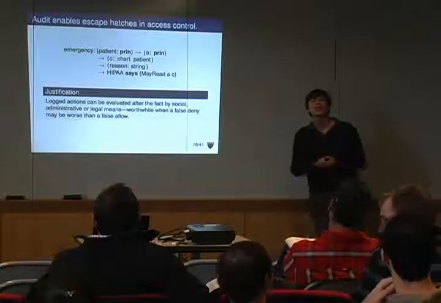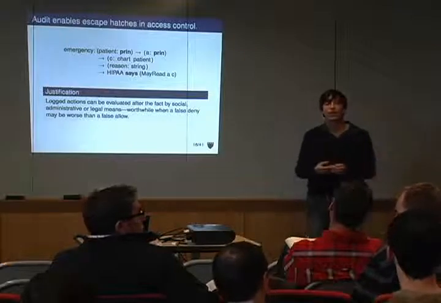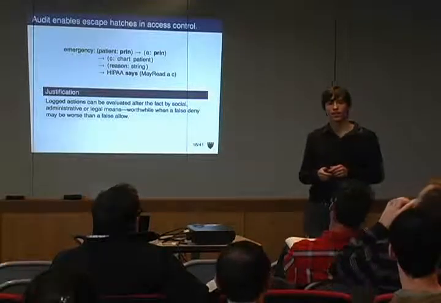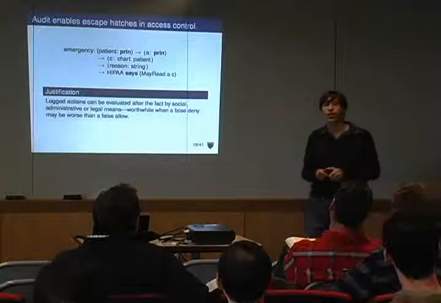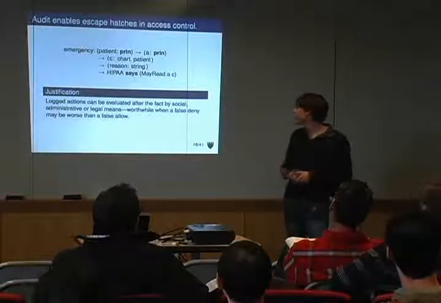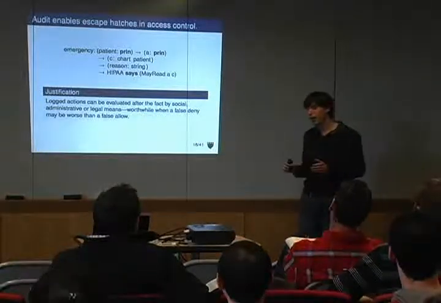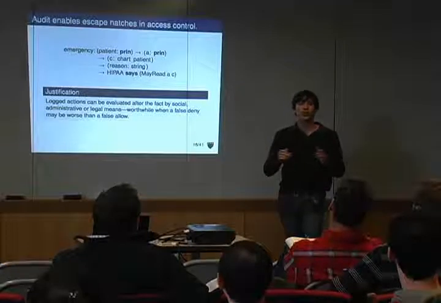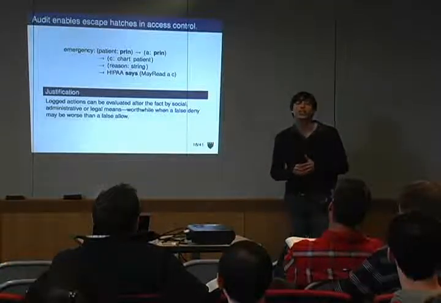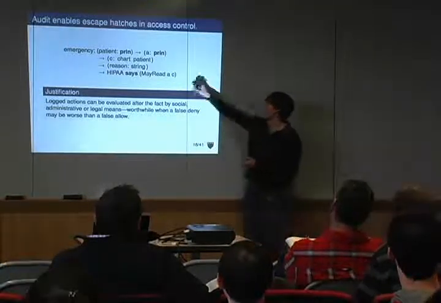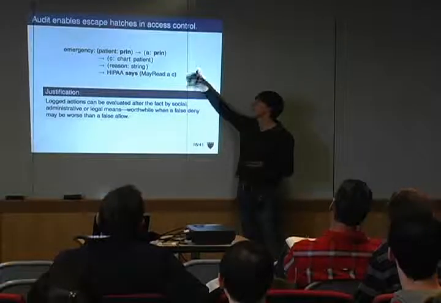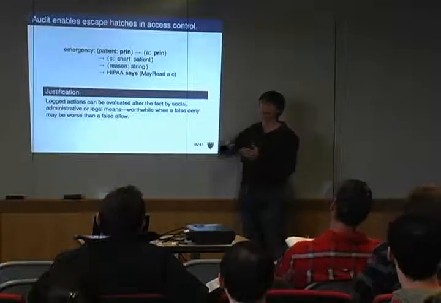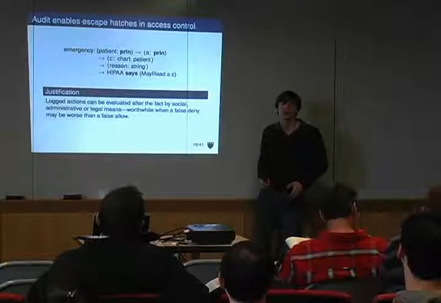Okay, Ariel? So who decides whether it's really an emergency? Does the system decide, or the user? Right. So my take on this is that the system is never really going to be smart enough to decide what's an emergency. What this rule says is that the system has no idea whether there's an actual emergency going on in the real world.